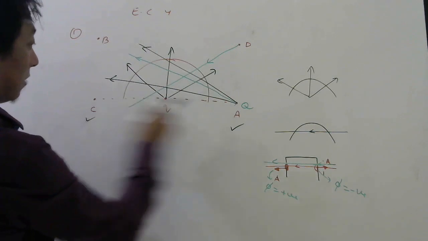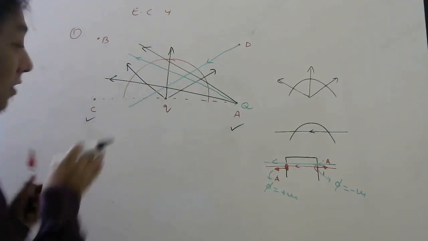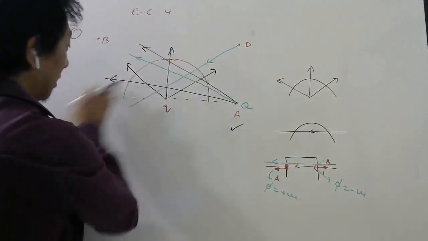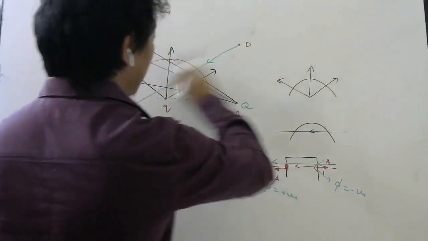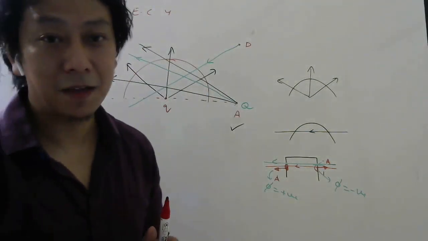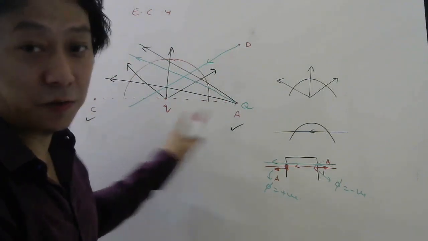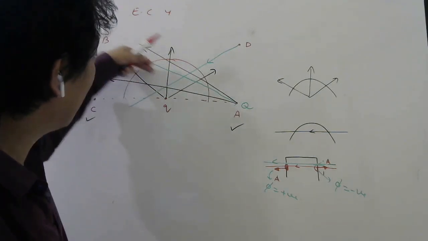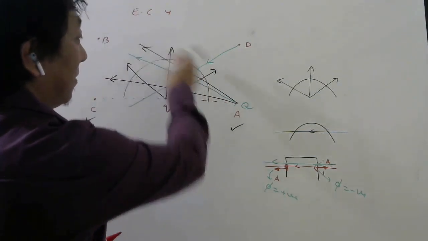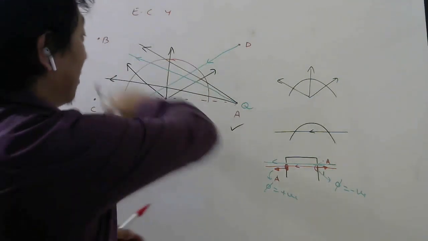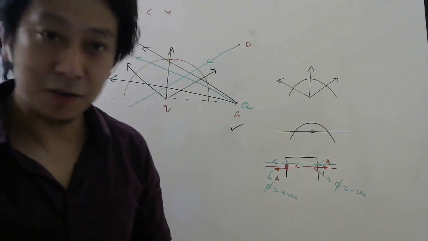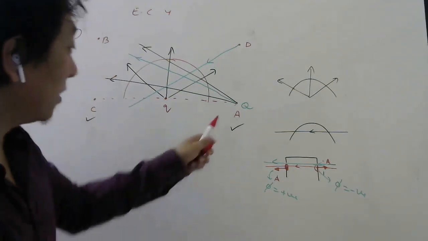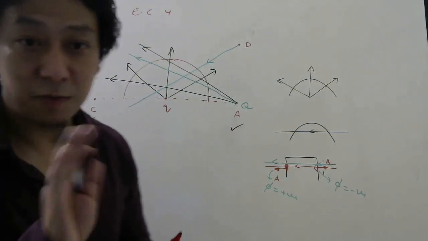Repeat the same argument. Whatever I told for A, you can do for C also. If you have a charge here, then if the lines are entering, then it will also leave. So this entering will create negative flux, while leaving it will create positive flux, so that too will cancel. So the only flux will be due to this charge if you keep the second charge here. But if you keep the second charge here, then again the lines will enter without leaving this surface. While leaving, it will not cut this surface. It will only cut while entering. Understood or not? So putting the charge at D and B, the flux will change. Keeping the charge at A and C, the flux will not change.